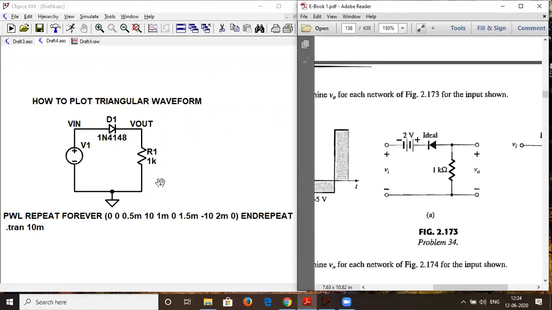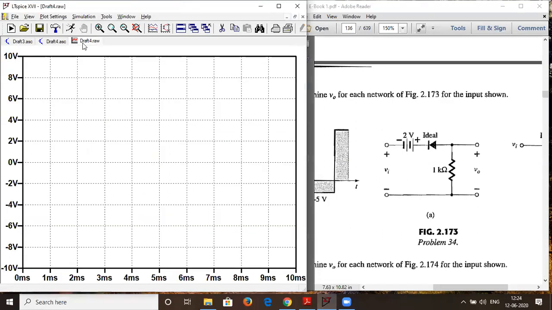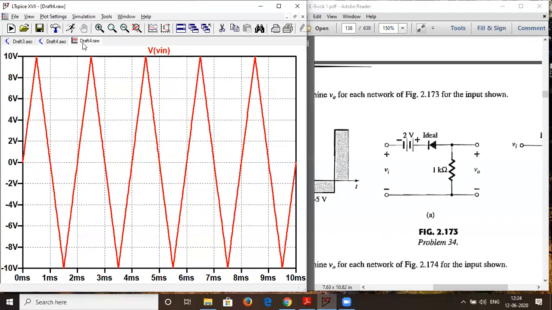Second will be the circuit schematic, as I have just shown over here. And third will be the input output waveforms. If there are many cases, like the diode is on and the diode is off, those two cases will also come. And the fifth will be the input output waveform. So today we are plotting only input output waveforms, no VTC curve. Is this clear, everyone?